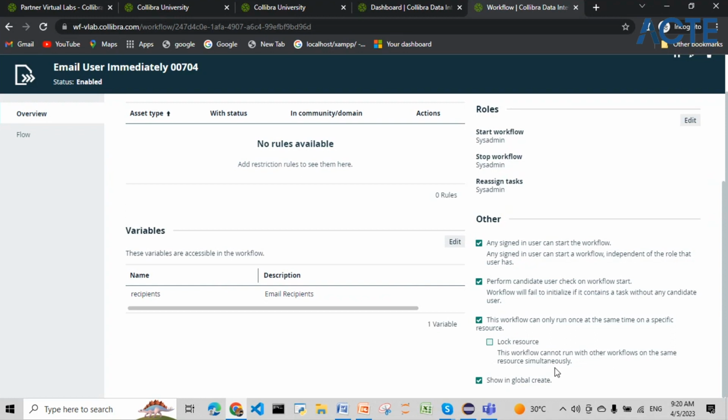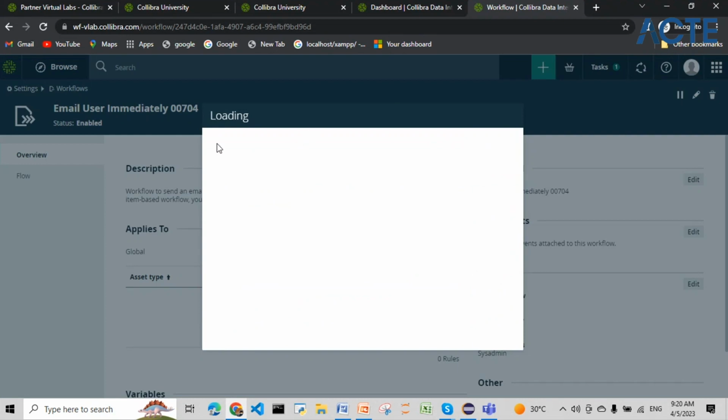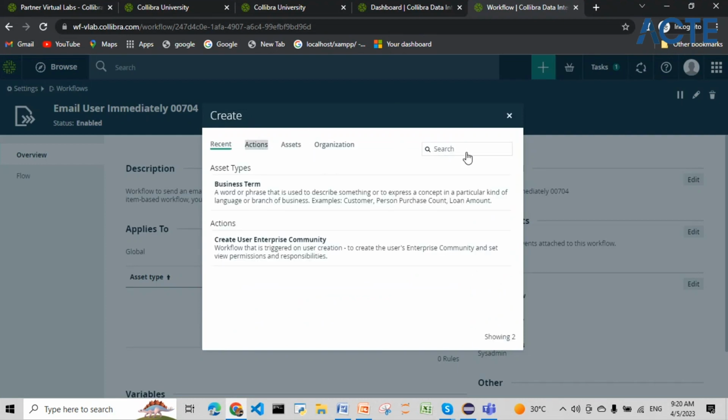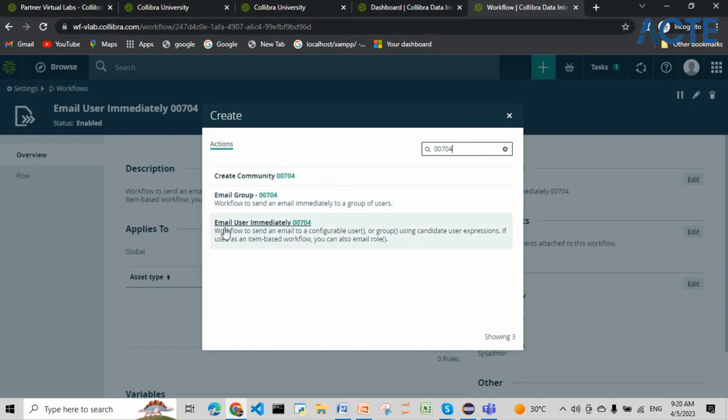Likewise, show in global create. If I check this, I can have this in here. In this global create, I can see this name, for example inside this action, or I can directly search from there. 00704. So yeah, email